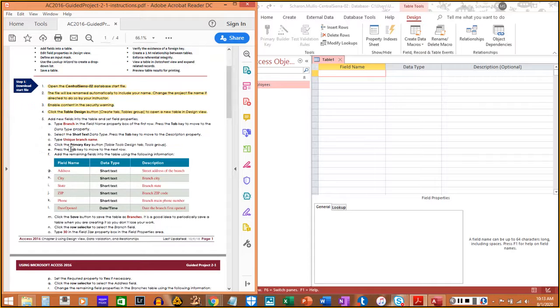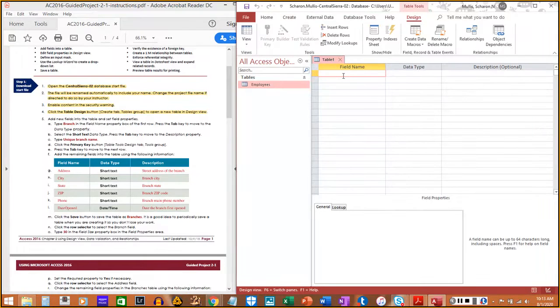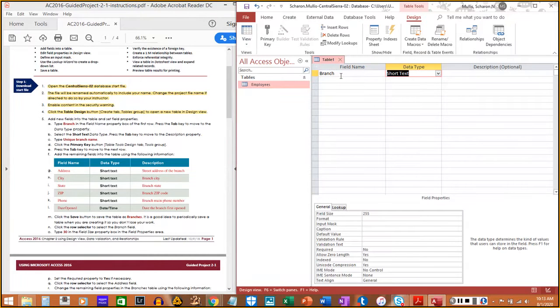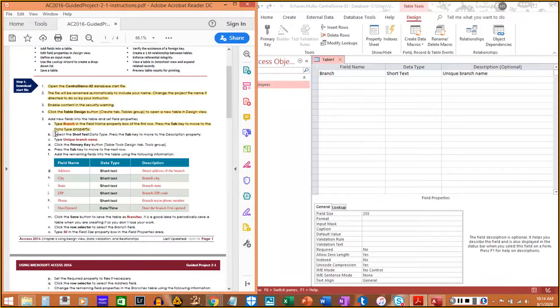All right, 5 says add new fields into the table and set field properties. Type branch in the field name. So I'm going to type branch. And I'm going to tab over to the data type property, and it already has short text listed for the data type. And then in the description, I'm going to type unique branch name. So that takes care of 5A, 5B,